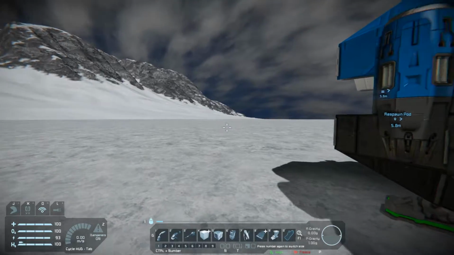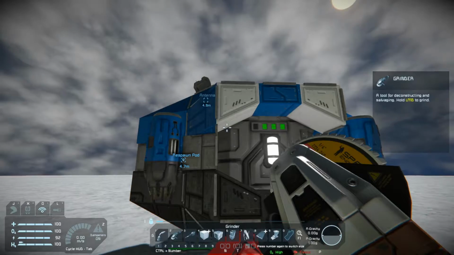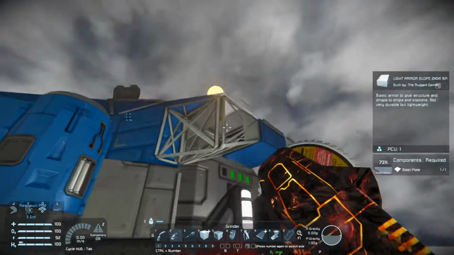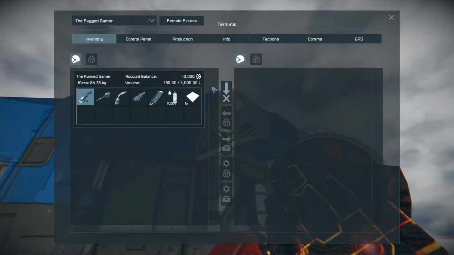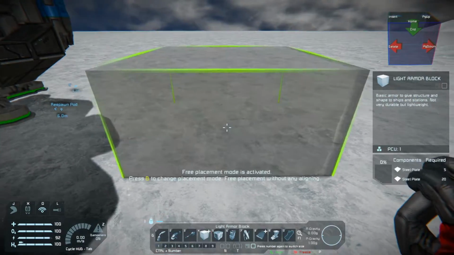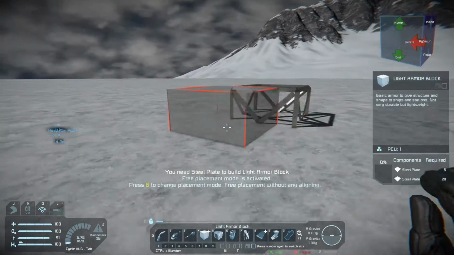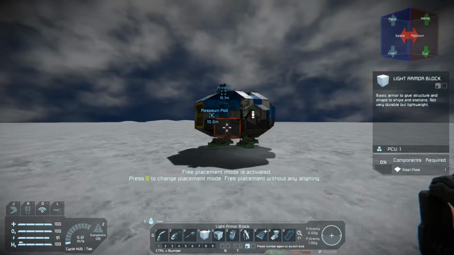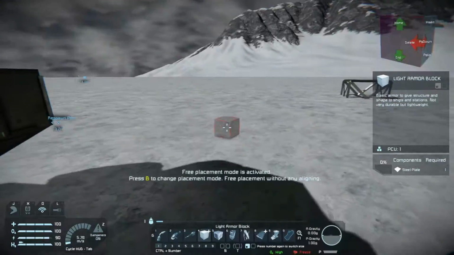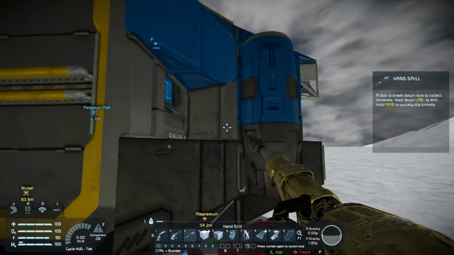The next thing is to start building a base. Now, there are two things we can do about building a base. The first one is we can grind down this ship, like so. And the parts will go into our inventory here. And we can use these parts to then build on the ground, like so. But the likelihood is you're not going to get very far because there's not much on this to be able to build this. This has a way of producing more of these steel plates. So we're going to leave it intact for now